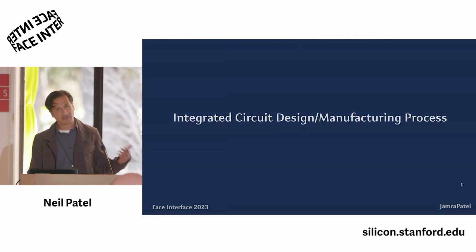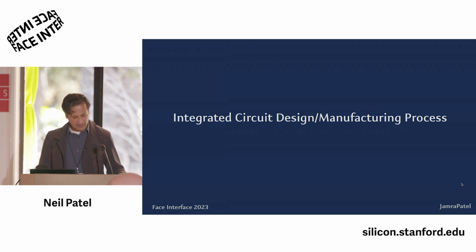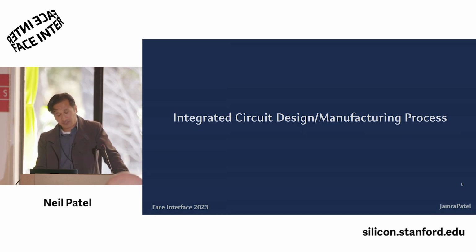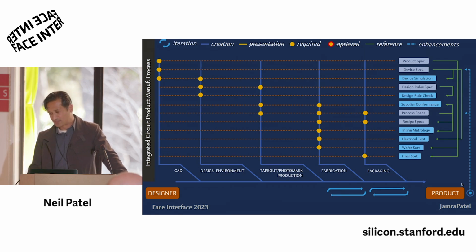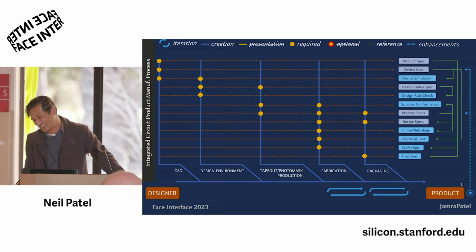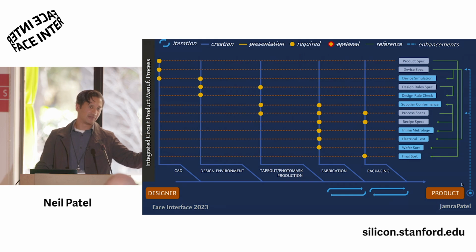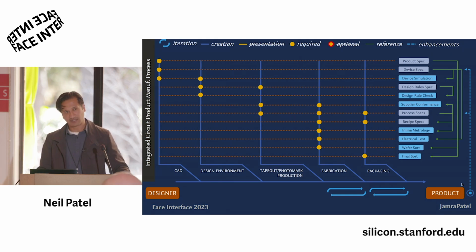So if we compare this to our integrated circuit design and manufacturing process, it looks like this. And I wish I had time to actually drill down into all this, but I don't. So just take my word for it. This is how it works. That fabrication column, that is just that cross-section that I showed, right? But we have to do everything from the designer getting from there